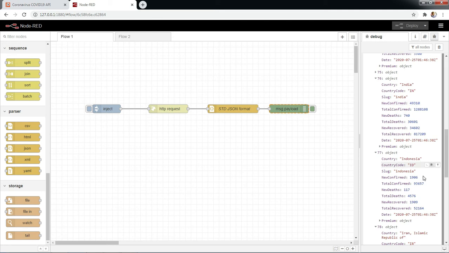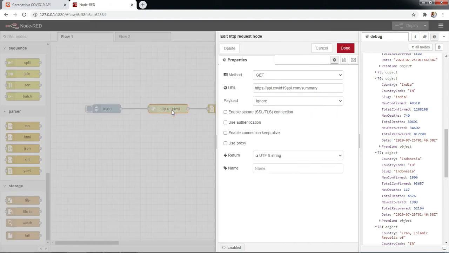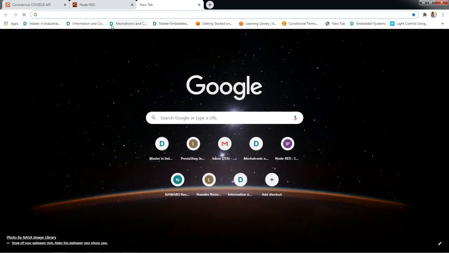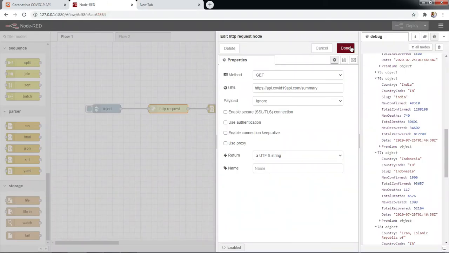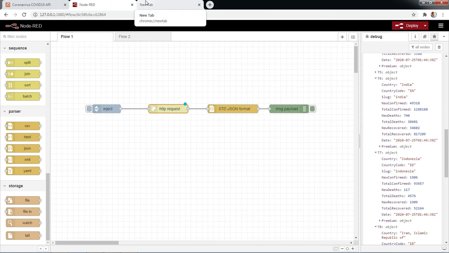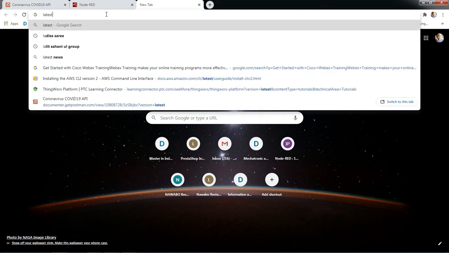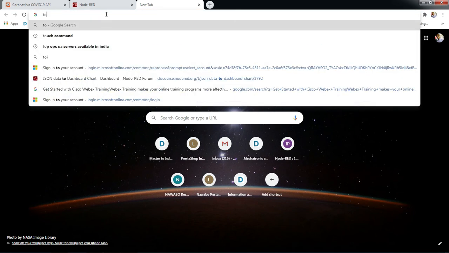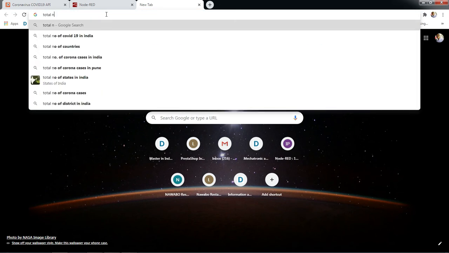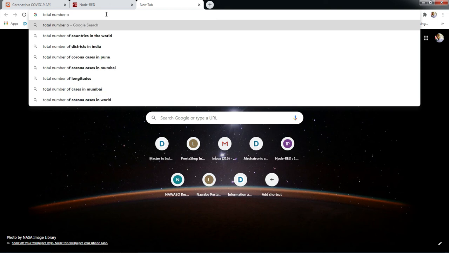You can verify this data with the websites as well, as we are getting this data from COVID-19 API.com. You can cross check here the total number of COVID cases in India.